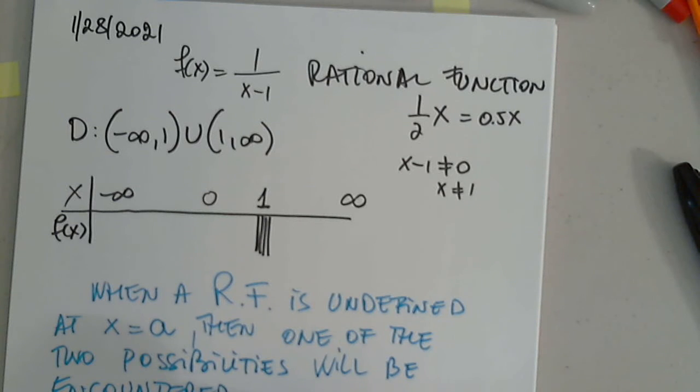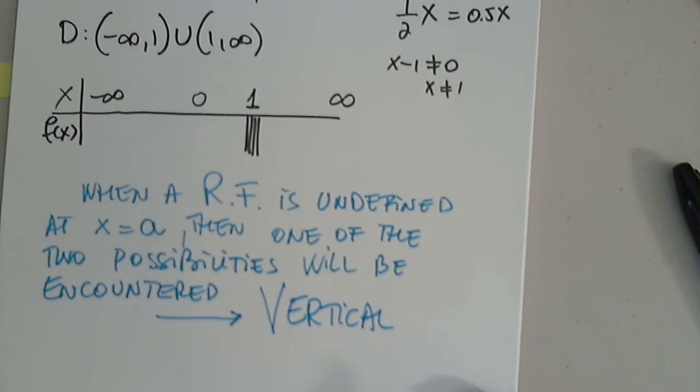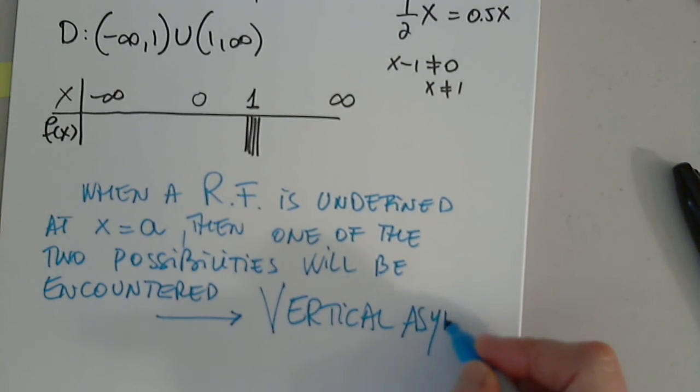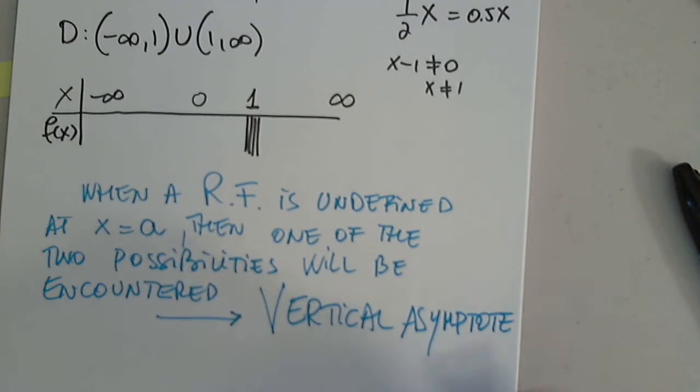Number 1, vertical. Anyone? Asymptote. Thank you. And the second possibility, as you said,